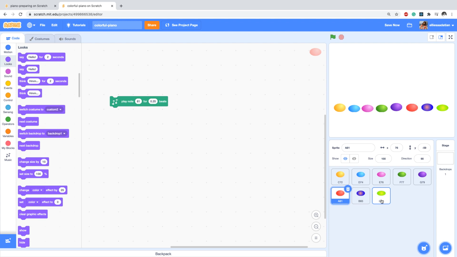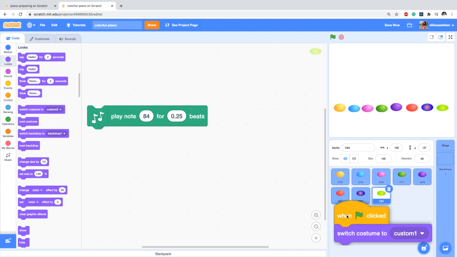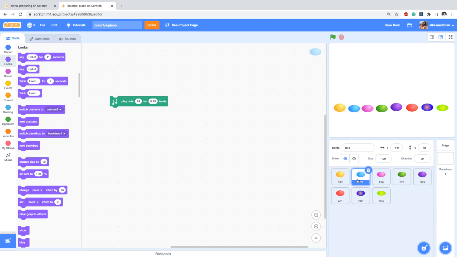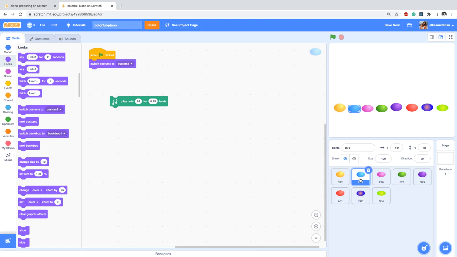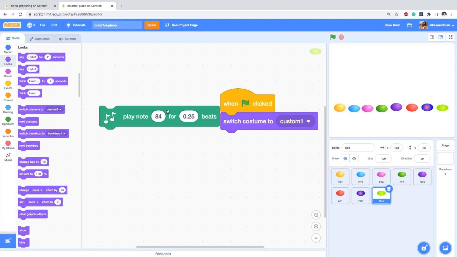Which one is missing? This one. So also this one doesn't have the second one. I'm gonna copy it to this as well. So let's double check and make sure everyone has that piece of code. When start clicked, switch to custom 1. So by this, I'm making sure when I'm starting, everyone's starting from the